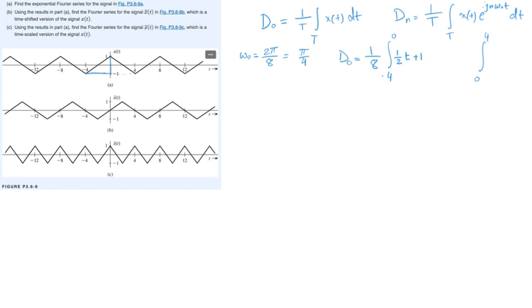That's the equation. This is your x of t, right? And then you integrate with respect to time. The other one is a negative sloped line, so it's minus half t. Already we know that it's the same slope, but negative. And it cuts the y-axis at the same location, 1, so it must also be plus 1 when t is equal to 0. And then you integrate with respect to time. Now you can solve this to get the